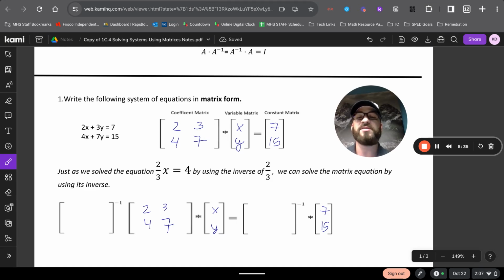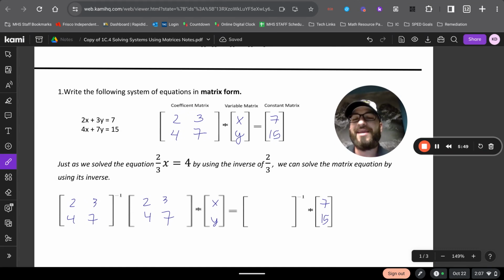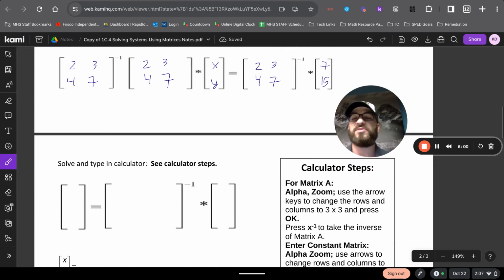And then over here on the other side, I have my contents matrix. And what I'm multiplying both sides by is that inverse matrix. So 2, 3, 4, and 7, but taken to the negative first, because remember that negative 1 represents the inverse matrix, and I'm going to multiply by the same thing on the other side. So 2, 3, 4, 7, all to the negative first. And what that's going to do is create a new matrix where my variables x and y are equal to 2, 3, 4, and 7 to the negative first times my constant matrix 7